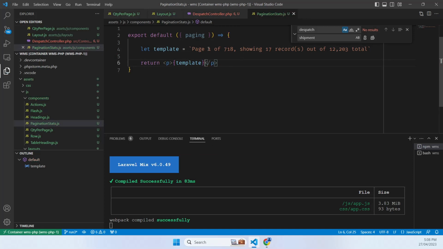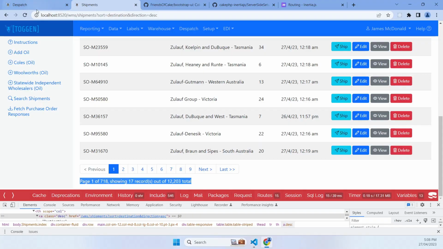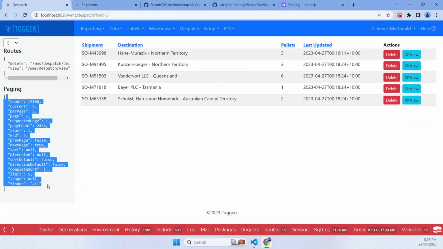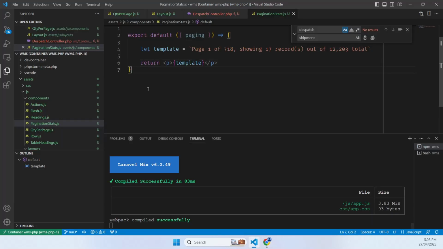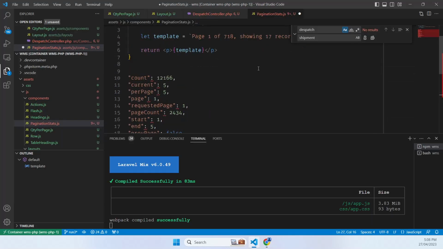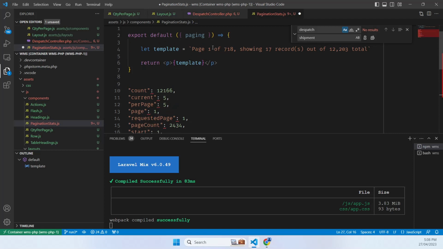Now we know that we've got some tokens that we need to replace here, so just for the time being, maybe it's worth copying these in here. So page is,